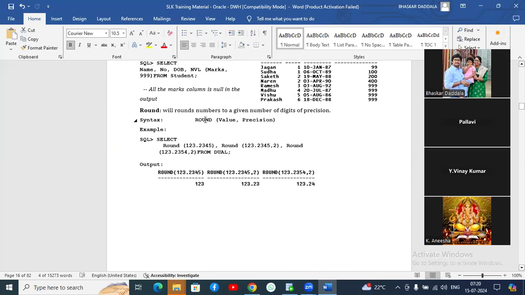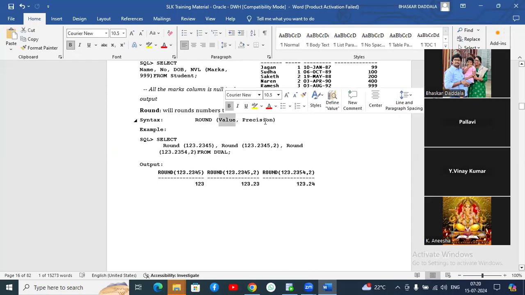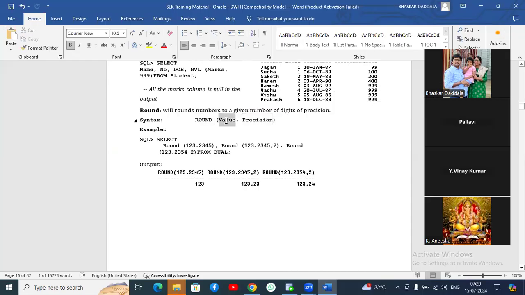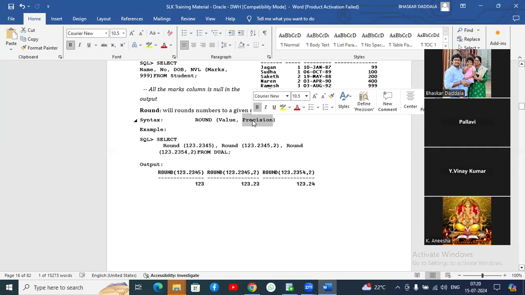Okay. So this round function basically will be having a value and precision. Okay. So this value, how many decimal points that we wanted. The precision is nothing but how many decimal values that we wanted. So this I think you already know, right? So rounding meaning, let's say I wanted 2 decimal values, if the next value is 5 or more than 5, it will round it to the previous value. If not,